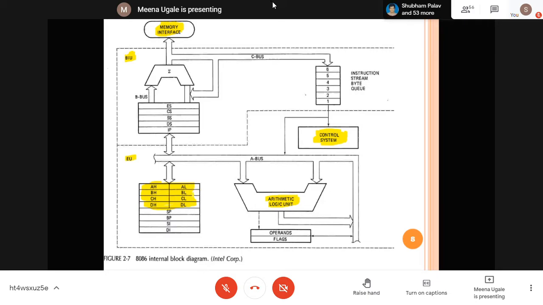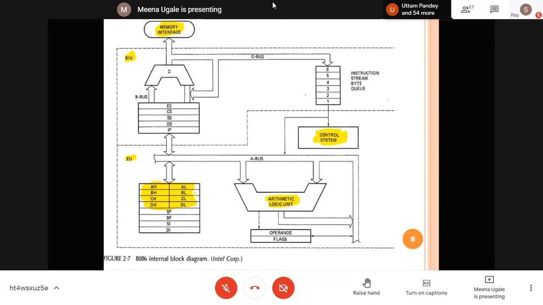These are your general purpose registers, used as temporary memory locations inside the microprocessor where you can keep the data of your program for arithmetic as well as logic operations. Then when the microprocessor works on this, what happens if I'm adding two numbers? My result can be zero, it can have some kind of carry generated, it can have parity bits generated. So these are some of the observations of your output. Like I'm adding or dividing two numbers, maybe my answer is 1 or maybe my answer is 0.